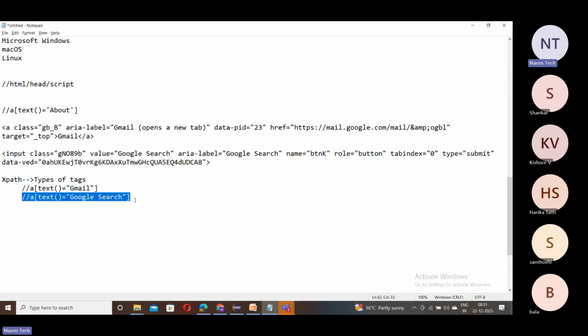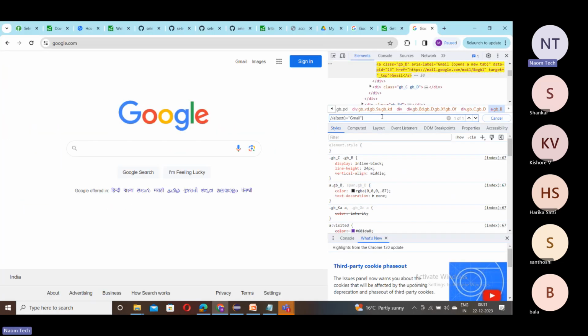I choose this, copy this, and I paste here. And then when I paste here, you can see, does this XPath have any match in these web elements or with any of these tags inside this HTML code? I don't see any match. You can see here, it's not showing one of one or one of two or one of three. This itself shows that means